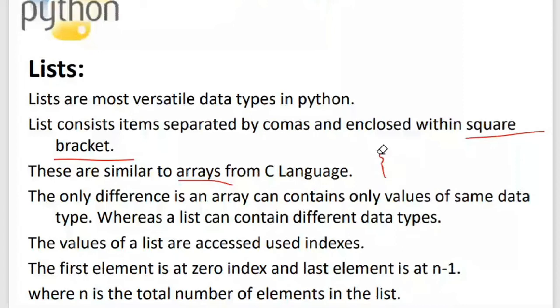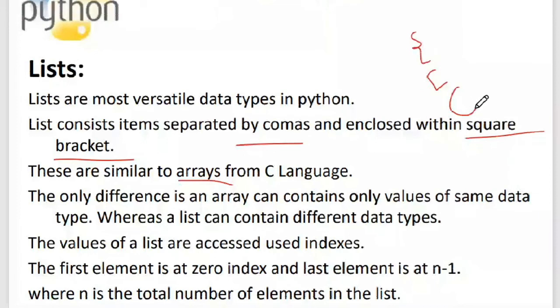So square brackets are common in lists and arrays, and the items are separated by commas. Here there is a significance for curly brackets, for square brackets, and for parentheses.